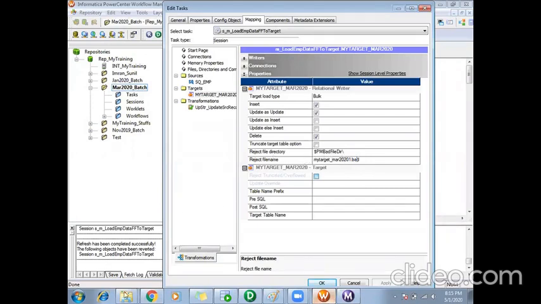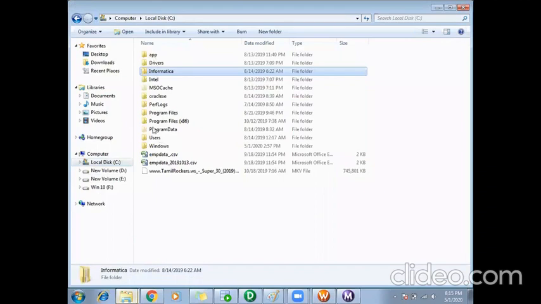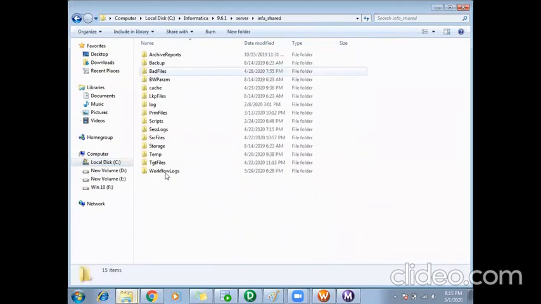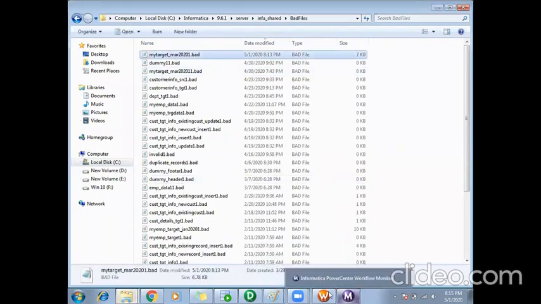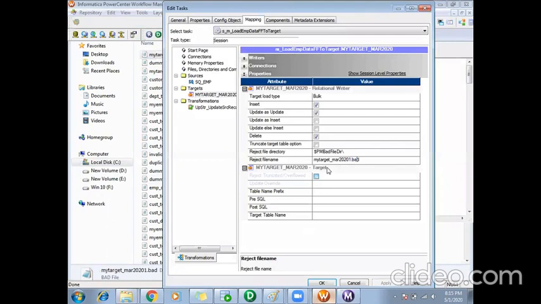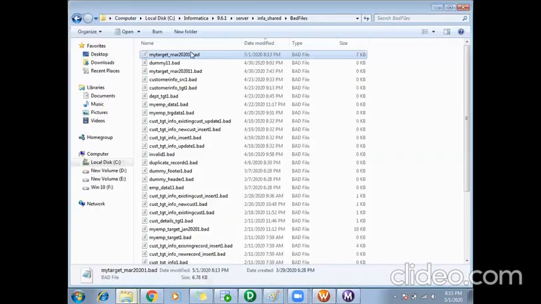PMBadFileDir points to your location, that is the Informatica 9.6.1 server infoshared. Here we have something called BadFiles. So what was the file created with name? My target March 2021 bad. So this one.